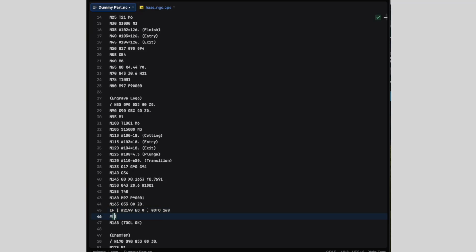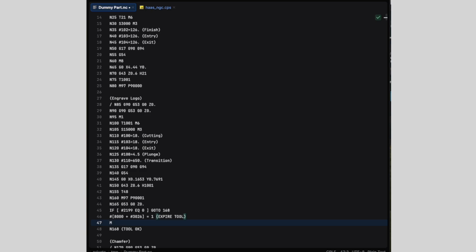If the broken tool flag was set, we want to mark the tool that's in the spindle as being expired. Remember that the program uses an ATM group, so it's T1001 M6 to call the tool, but either tool 13 or 14 is actually in the spindle. Macro variable 3026 contains the tool number in the spindle, and we can use an indirect variable reference, like so, to set either 8013 or 8014 to expire the current tool.